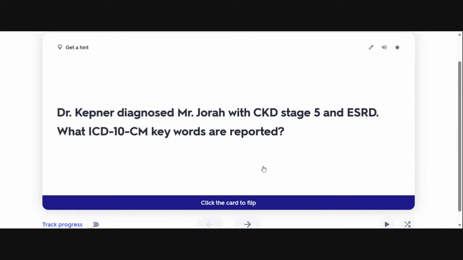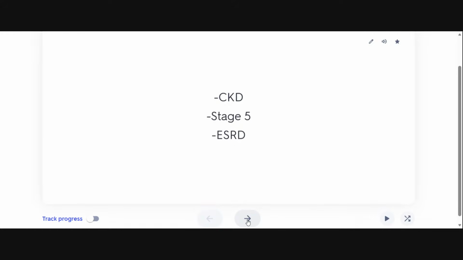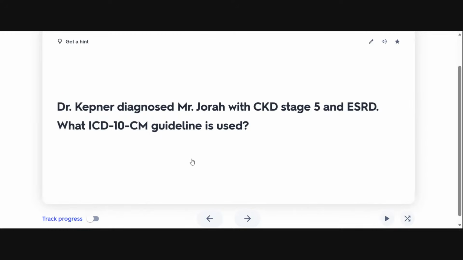All right. Yes, indeed. And if you're still typing, I know some people type fast. I do not. So still put your answers in the chat. But yes, our chronic kidney disease, stage 5, and our end stage renal disease. That one was pretty straightforward and everyone got that one. So great job. All right, now we are going to move on to what guideline we're going to be using. You can do the number or the title, however you want to do it. But what guideline are we going to be using to solve this scenario? Put it in the chat and then we will move on to our codes.